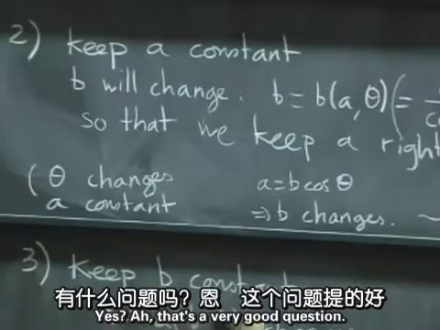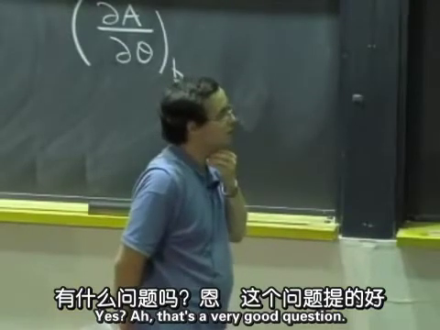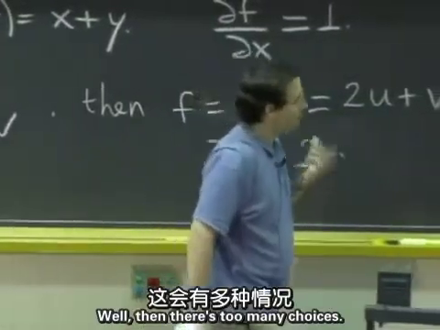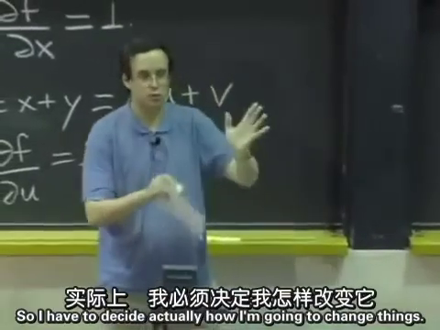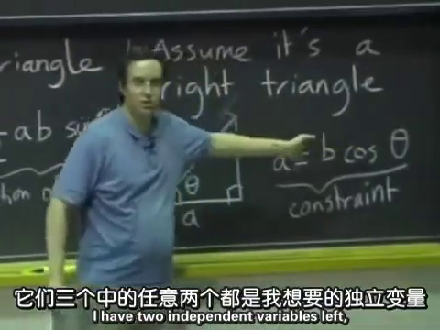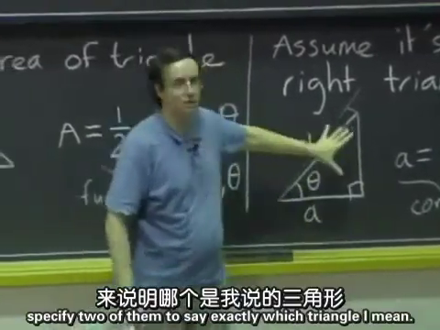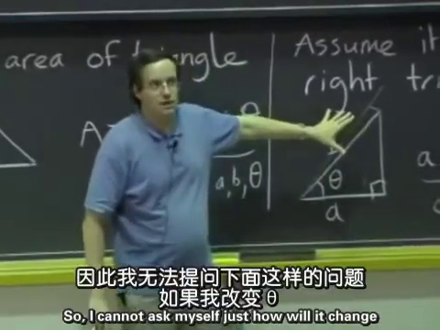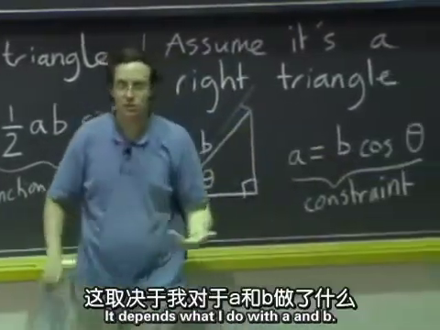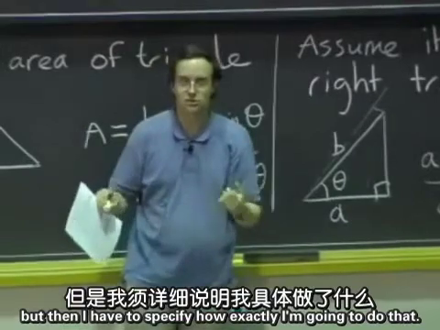Why isn't there a situation where theta increases, A and B are not constant, but the triangle is still a right triangle? That's a very good question. So what if I don't keep A and B constant? Well, then there are too many choices, so I have to decide how I'm going to change things. If I just say I have this relation, that means I have two independent variables left, whichever two of the three I want, but I still have to specify two of them to say exactly which triangle I mean. So I cannot ask just how it will change if I change theta and do random things with A and B. It depends what I do with A and B. And of course, I could choose to change them simultaneously, but then I have to specify how exactly I'm going to do that. Like keeping the third